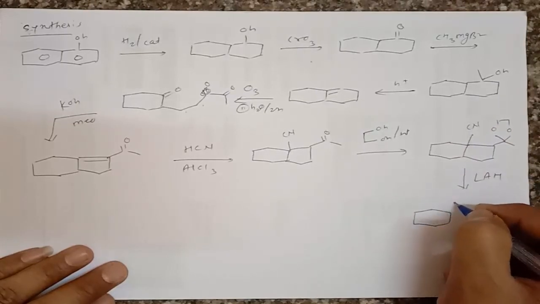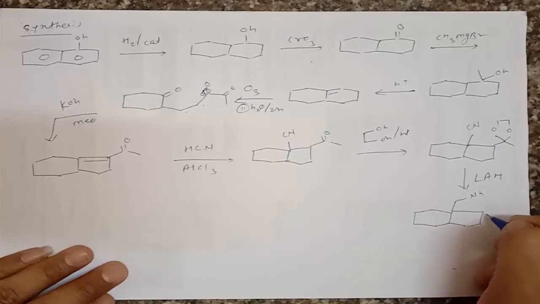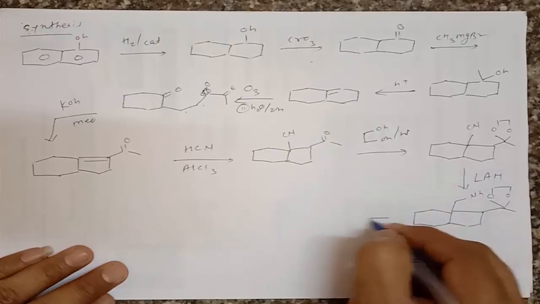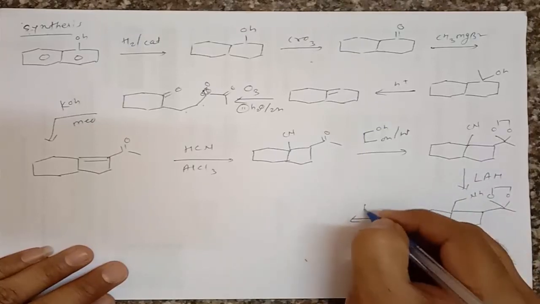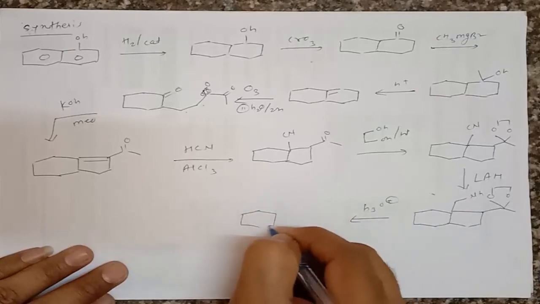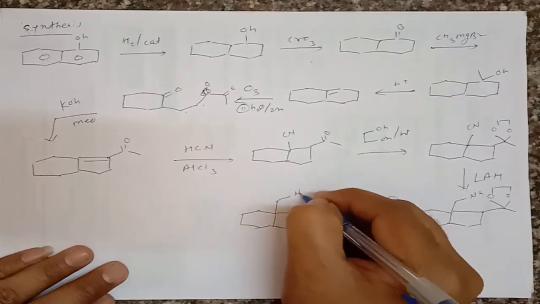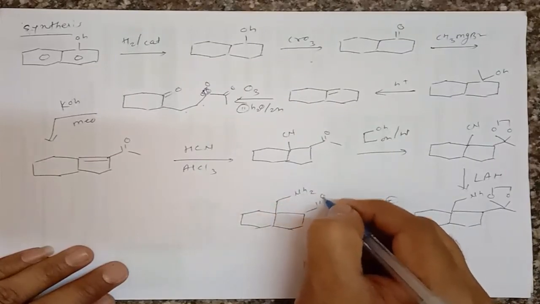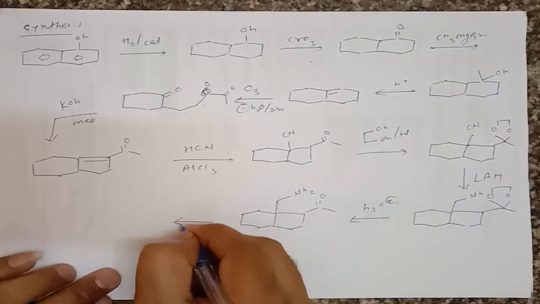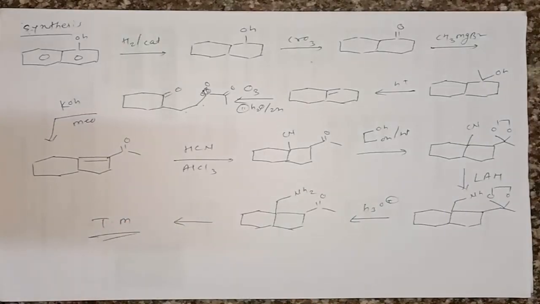And then secondly we have to deprotect this diol, and it undergoes cyclization, H3O plus. So what does it give? It gives the formation of such a molecule, and then here is NH2 and here is C double bond O, CH3, and then it gives the formation of the original target molecule. So this is another route for the synthesis of such a target molecule.